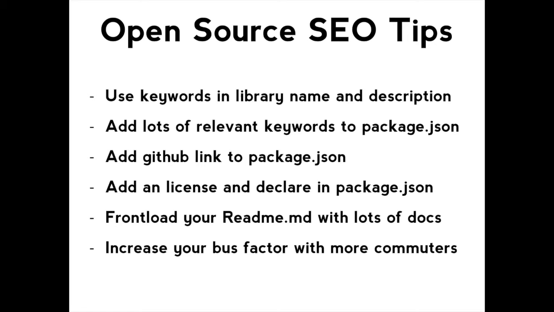So use the descriptive words. It seems simple, but a lot of people make mistakes where they don't think about how people would actually go about searching for these things. Make sure you actually link the data together. Libraries.io only really works well if it can find the source code for your project as well. If it can find a homepage or something like that, it can go spidering through.